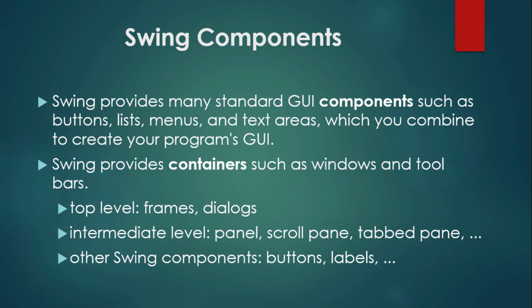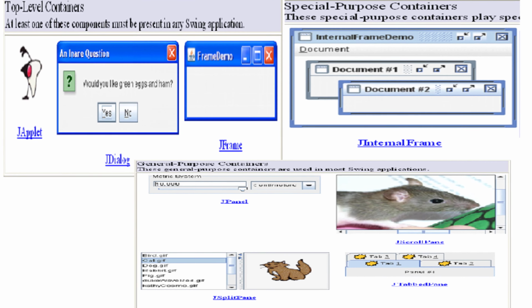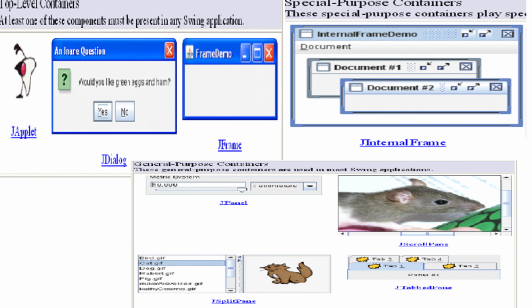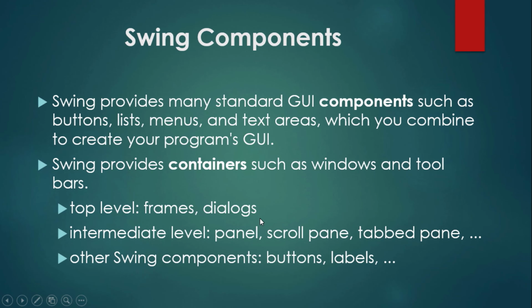So here we will have a container, and on the container we are going to place components. We will have frames and dialogs as top level containers. Then on that top level container, we can place panel, scroll pane, tab pane. Other containers are also available like JInternalFrame, windows and so on.